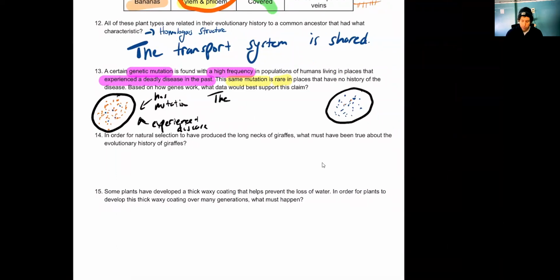So the group on the left, the group with the mutation, has more because, why would they have more of that mutation? Let's remember they experienced a disease in the past, and this disease would wipe out anyone who did not have